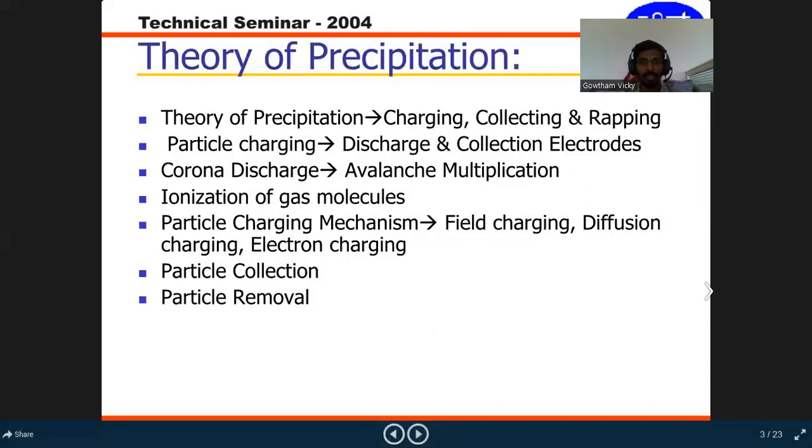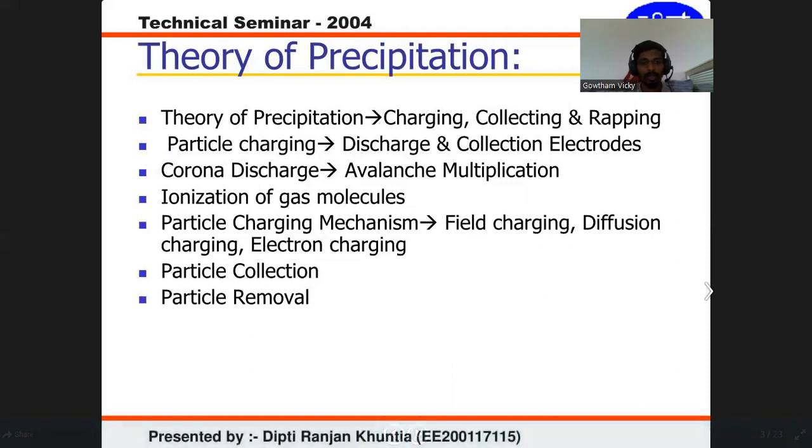So the theory of ESP is nothing but the theory of precipitation, which is charging, collecting, and rapping. This is the first part of the theory of precipitation: charging, collecting, and rapping. And the second, the particle charging, that means the discharge and collection of electrodes. And the third one is